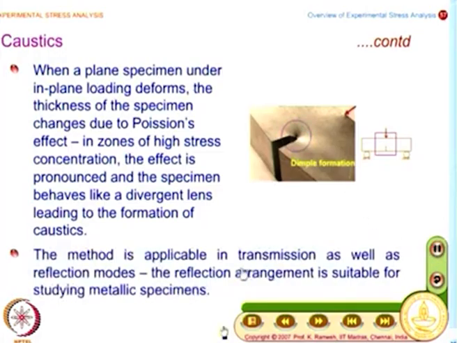As I mentioned earlier, it is applicable to transmission as well as reflection modes. The reflection arrangement is suitable for studying metallic specimens. This also I have said, that you need to have techniques to find out for models as well as prototypes. Photoelasticity has transmission photoelasticity and reflection photoelasticity. So in method of caustics, you can do it on transparent models as well as on